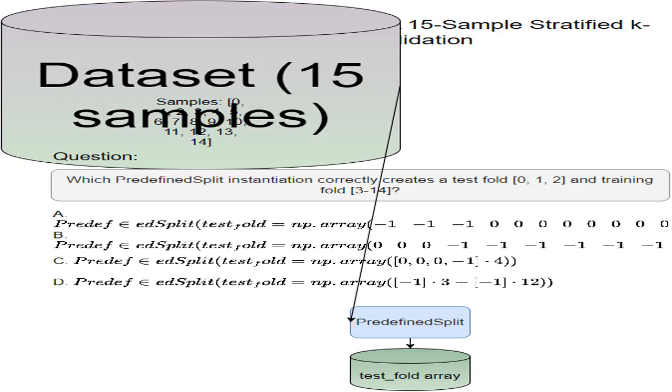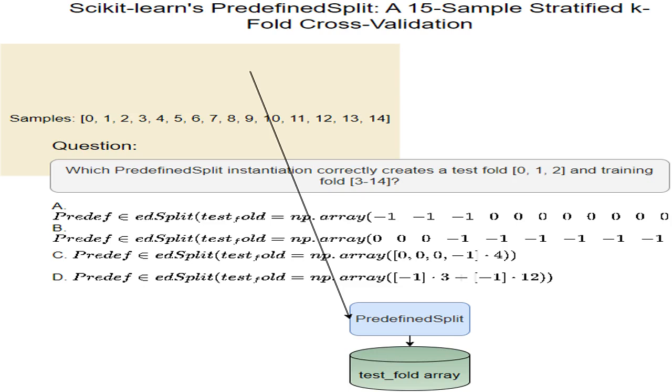I'm dealing with a dataset containing 15 samples, which are individual data points. Think of them as 15 rows in a spreadsheet. I need to choose the correct way to split these 15 samples into a test set, samples 0, 1, and 2, and a training set, samples 3 through 14, using